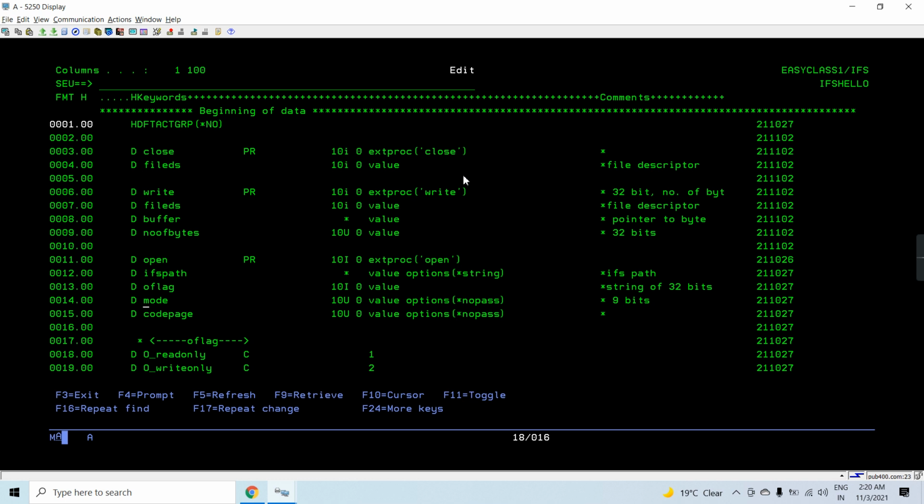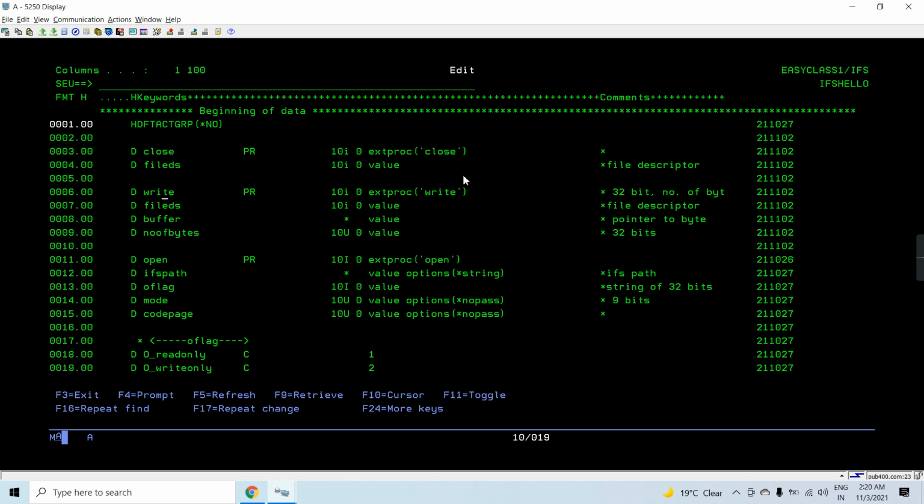Mode here is the security, or you can say authority options, which I'll provide to the owner. That owner must have all the authorities: execute, write, and read. And the code page parameter is not used here. We'll be creating in the job CCSID, so we're not going to have a specific CCSID here. These two are optional parameters, as you can see. They are passed only when a file gets created, to provide the authorities to the owner, the group user, or the other users.